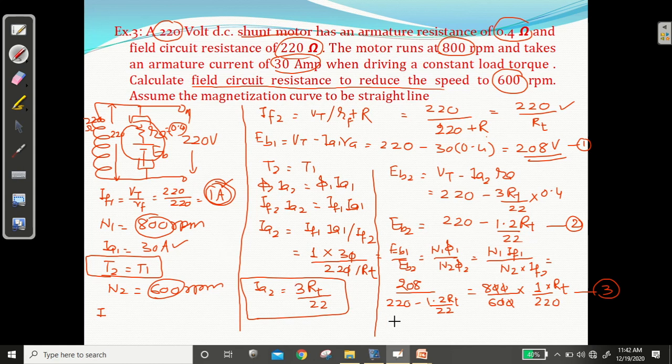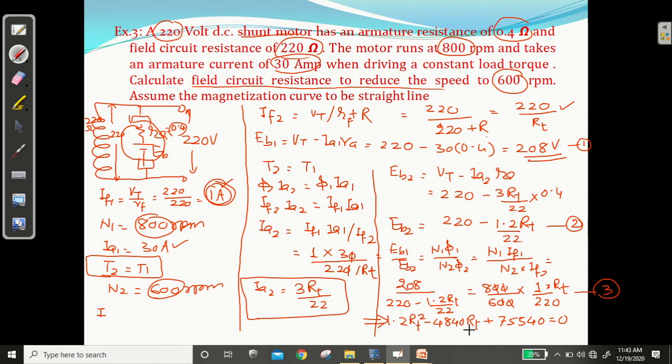I'm getting 1.2 RT square minus 4840 RT plus 75540 equal to 0. So I'm getting this equation, okay, and if you solve it, you will get RT की